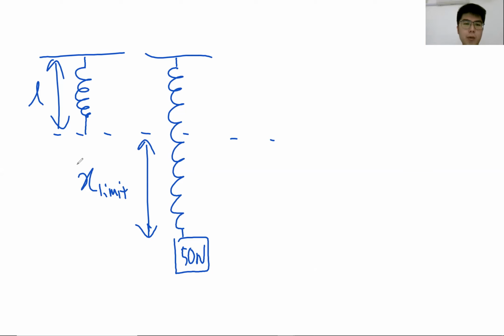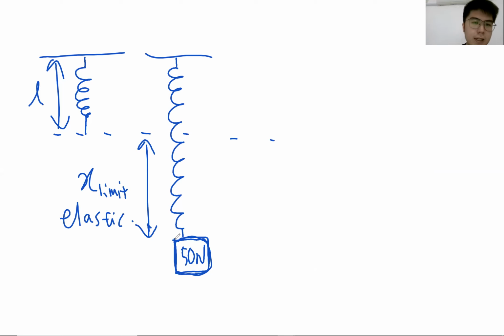Okay, so I repeat my sentence here. If you keep on extending, it will reach one point where the spring no longer has the ability to return to its original length, and this point we call the elastic limit. Okay, the elastic limit. Meaning that if you keep on extending the weight, increasing the weight here, and the spring